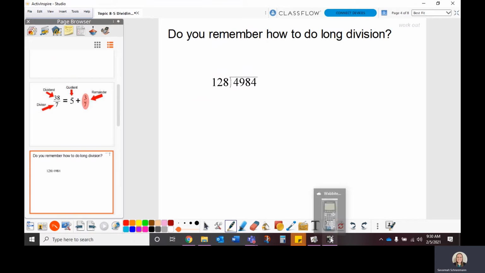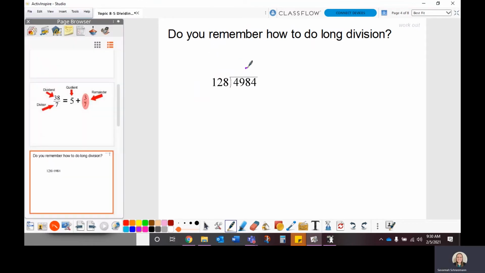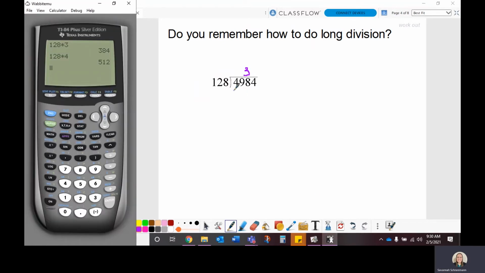So I am going to pull up my calculator and see how close I can get to 498. So I'm going to try 128 times 3. So that gets us 384. 128 times 4 is too high. So I'm going to say it goes in 3 times, and that was